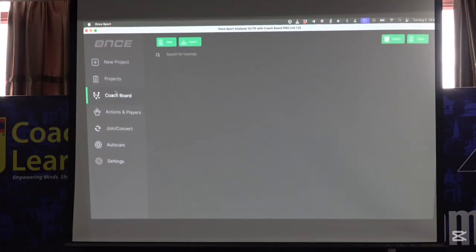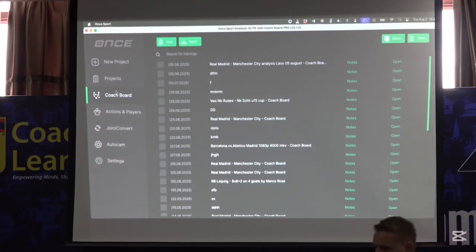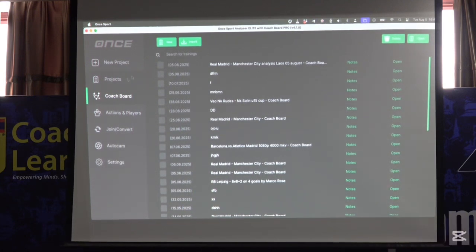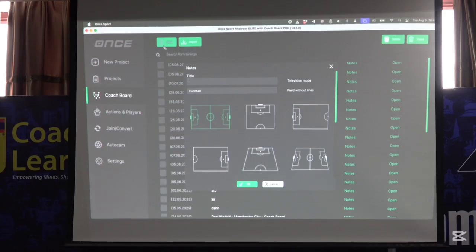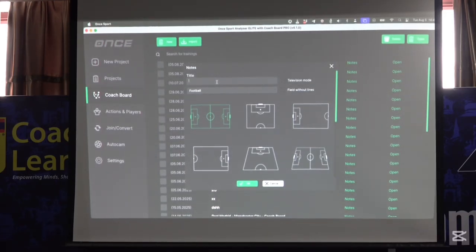Okay, and now let's go for the code board. Yeah, so this is the part for creating the drill. So you create the new one, and here you add the title like finishing, build up, or whatever you want